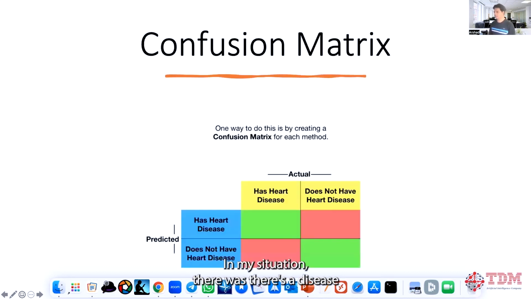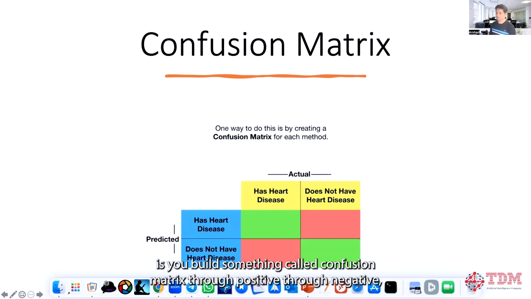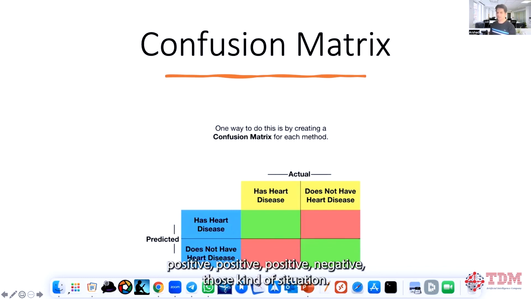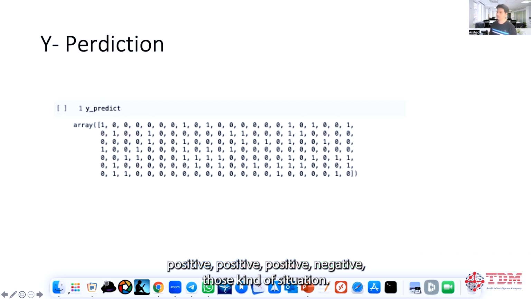In my situation, there's a disease or likely to have a disease or has a disease or likely not to have a disease. So all four conditions exist. For some of these situations, what you do is you build something called a confusion matrix: true positive, true negative, false positive, false negative, those kinds of situations.